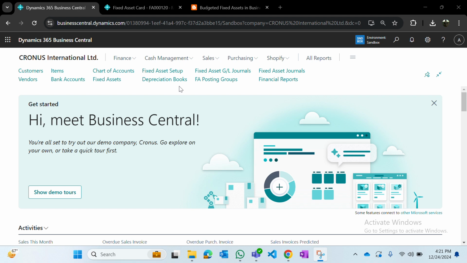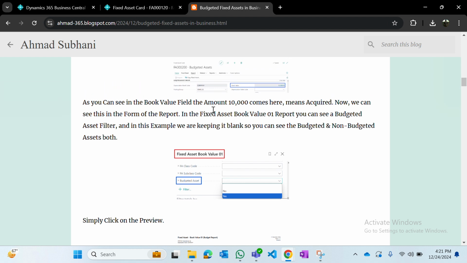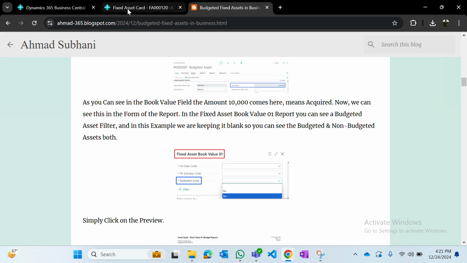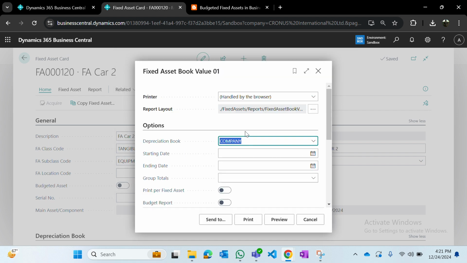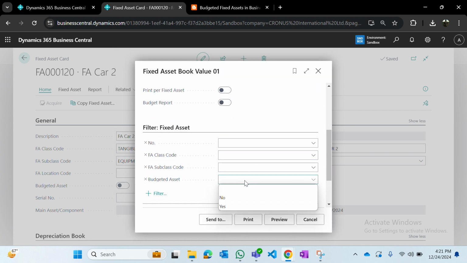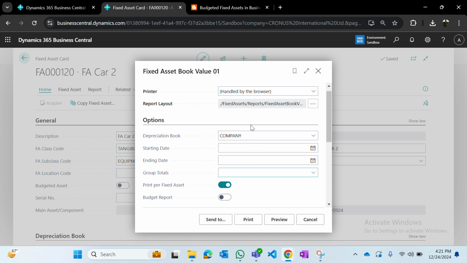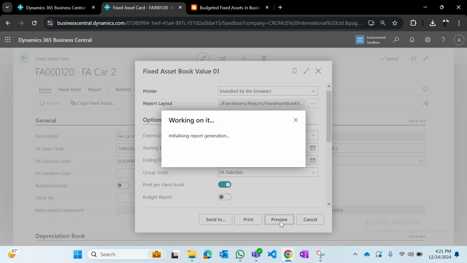Continuing the discussion, if I go back to the blog, you can see I've already explained what the purpose is for the budgeted assets. If we do yes, for example, we were on that, fixed assets book value. What I was specifying is that if you print it as yes and you want to see it on the basis of print per fixed assets, specifying the date, just the current date, and the subclass over here. And if I do the preview posting,